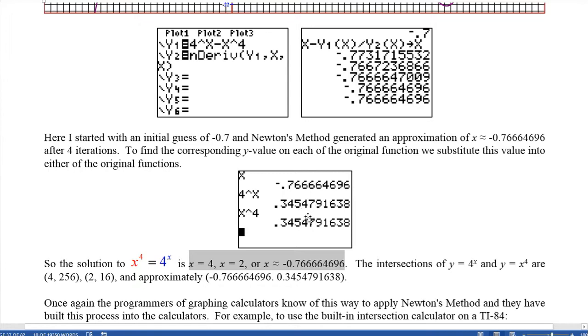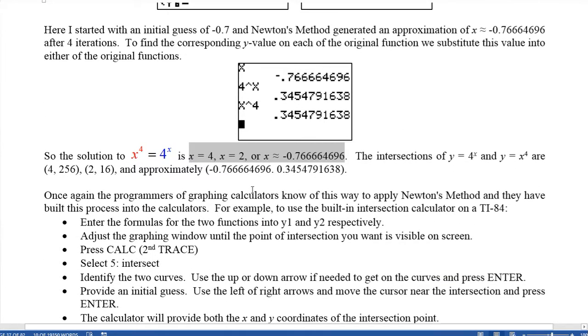Either way, you get the same y value, and of course that's the point. It's the same x gives you the same y on both curves. And so now we know that those intersection points are (4, 256), (2, 16), and approximately that same x value,